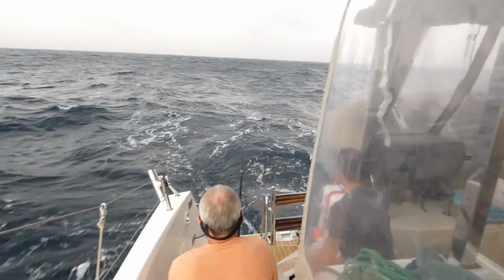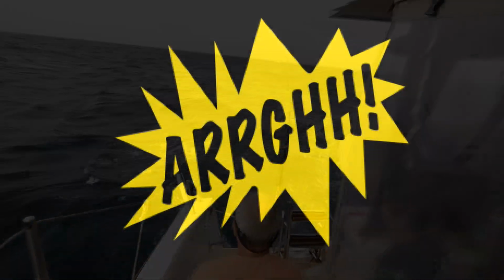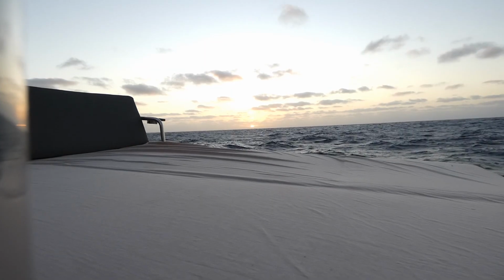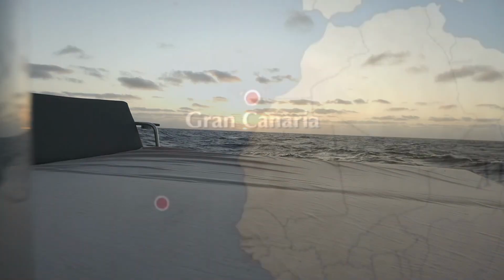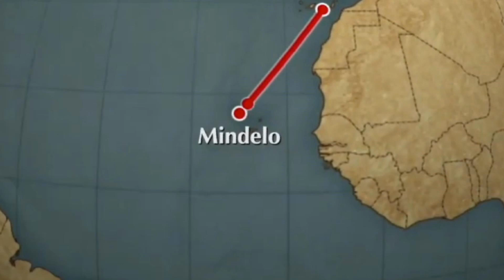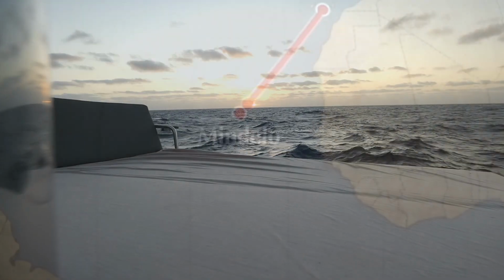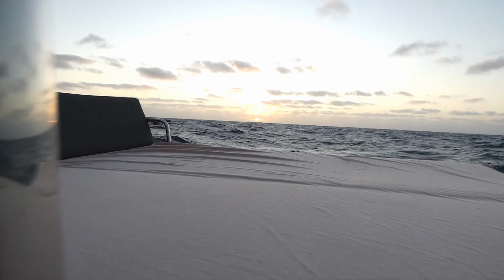Oh, seaweed. Sunrise on day 7. A little bit of cloud around, but not too much. We've got 78 miles to go. Probably 76 now. And we should be there just after tea time tonight, sometime between 6 and 8 o'clock. Unfortunately, that might be in the dark, but...